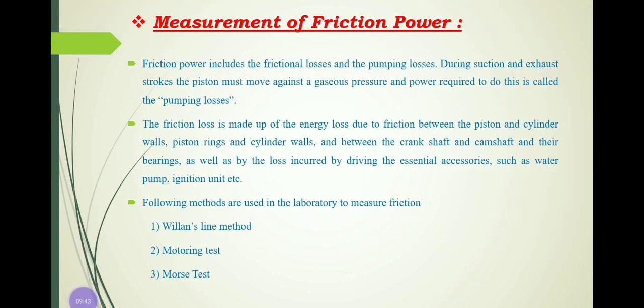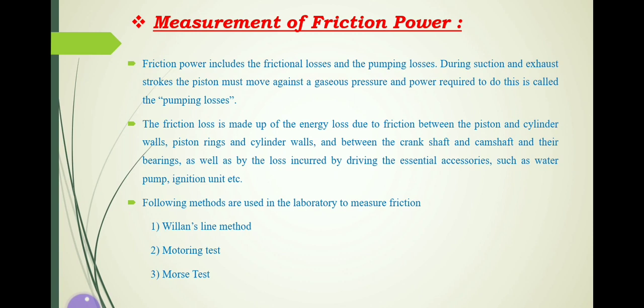that is measurement of friction power. In the last we have discussed measurement of brake power, because measurement of brake power is one of the important tasks, because brake power is nothing but our final output power. But along with that, we should know about the amount of loss which is going to take place. That is nothing but the friction power. We know that friction power is nothing but the amount of power which is going to be wasted because of